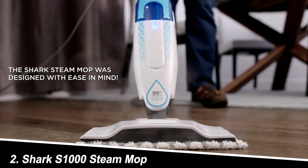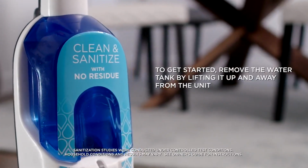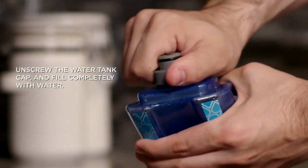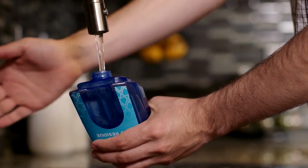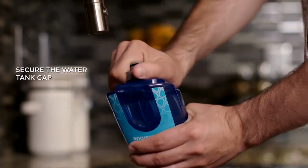Number 2. Shark S1000 Steam Mop. This lightweight option is a dream for quick cleanups and navigating around furniture. It heats up rapidly and delivers consistent steam, leaving floors spotless without leaving them soaking wet. While it lacks the bells and whistles of some competitors, its simplicity and affordability make it a great choice for